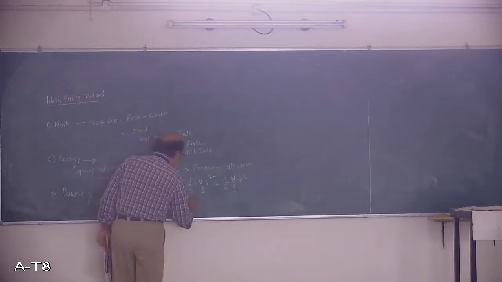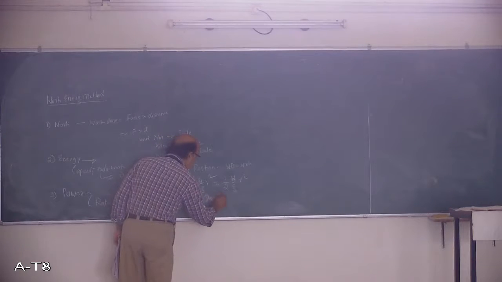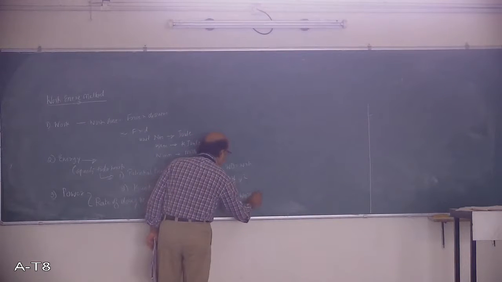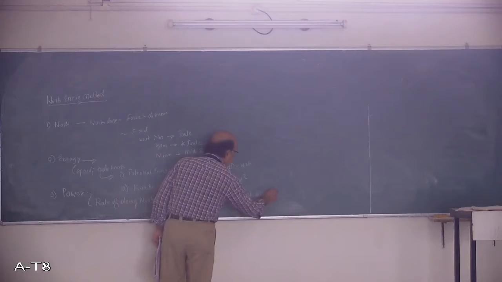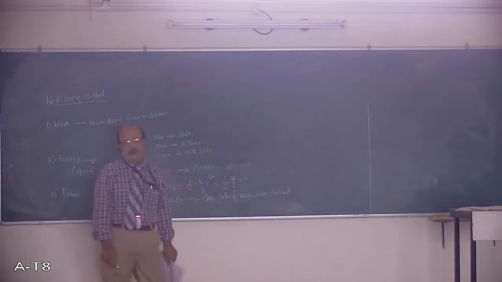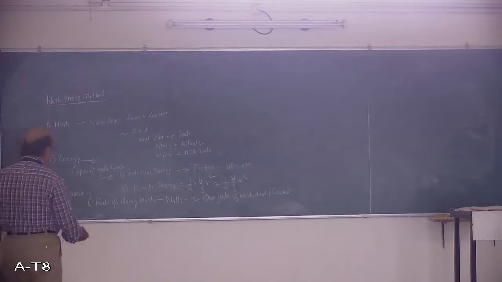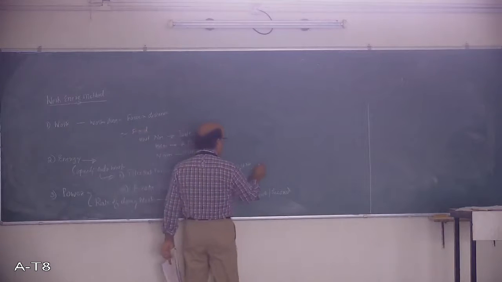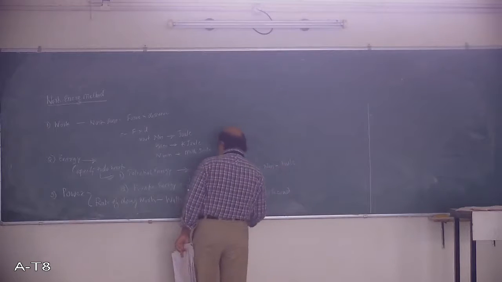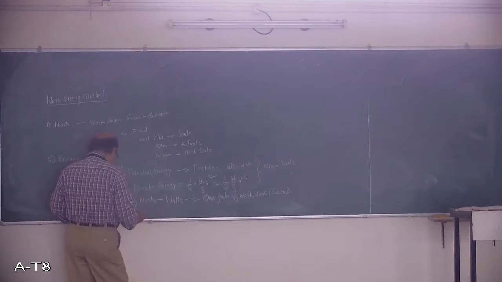1 watt is equal to 1 joule of work done per second. 1 joule of work done per second is called a watt. And regarding the capacity to do work, this is in Newton meter, and the unit is joule here. In case of power, it is expressed in terms of watts, and 1 metric HP